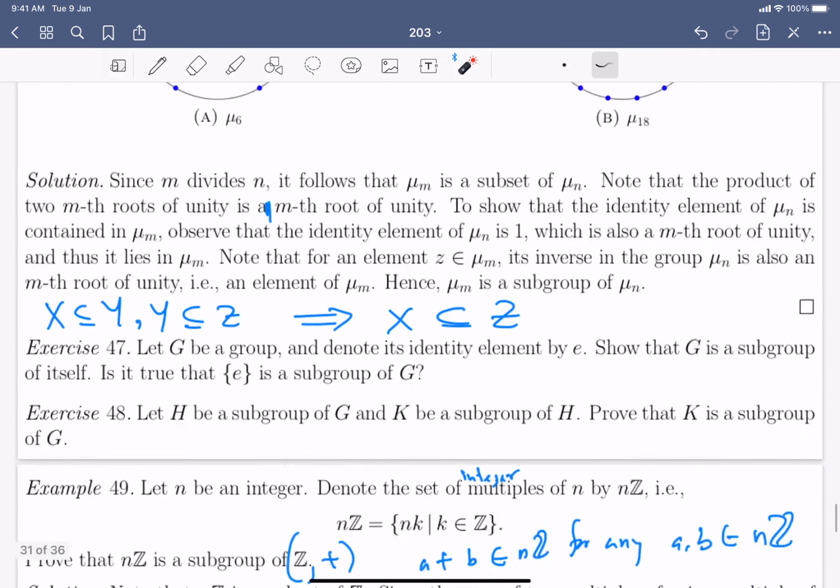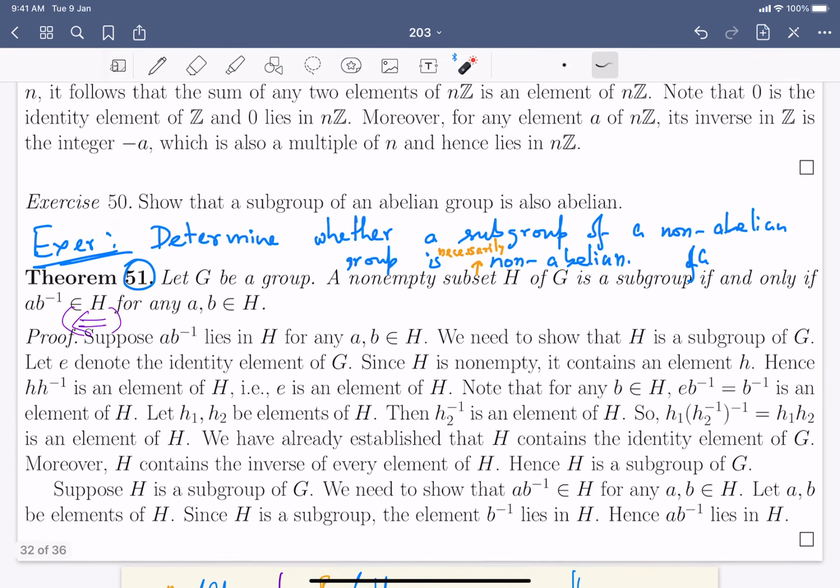Okay, so we are trying to establish this theorem, namely the if part of this. So first note that since E